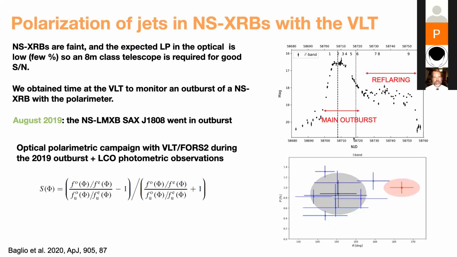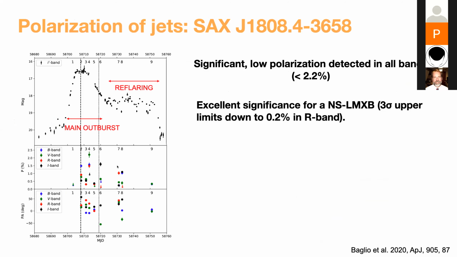And to extract the polarization level and angle, we selected a group of reference stars that were supposed to be unpolarized. And as you see here in the P theta diagram, they actually are unpolarized, well, intrinsically unpolarized. And we evaluated this S parameter here, which is basically a projection of the polarization. And by fitting the S parameter with this function using an MCMC algorithm, we got precise estimates of P and theta. So these are the linear polarization level and angle curves that we obtained thanks to our campaign.